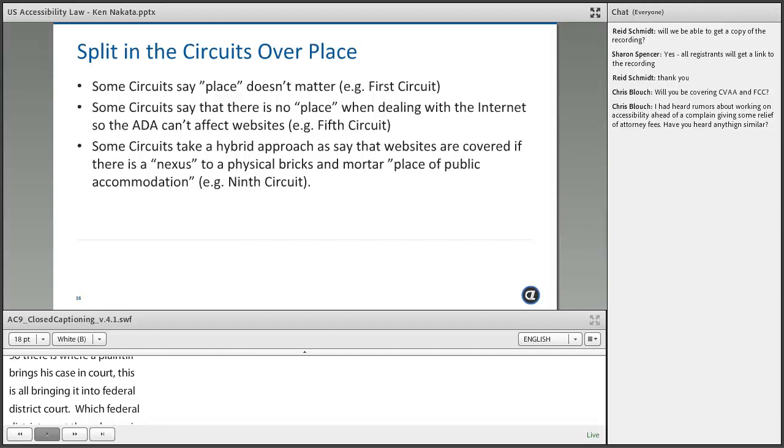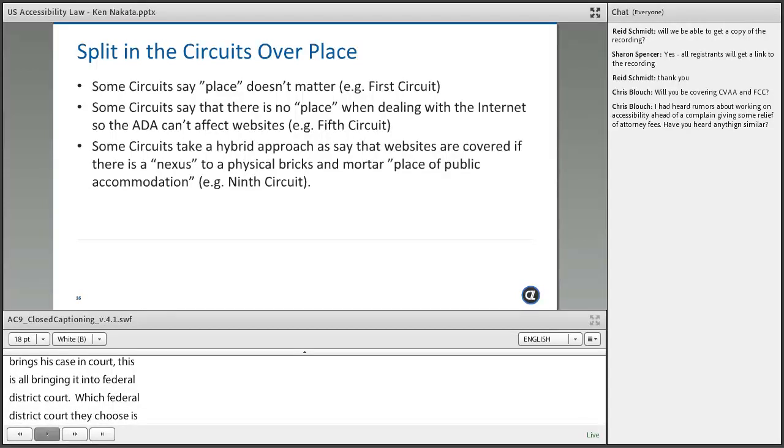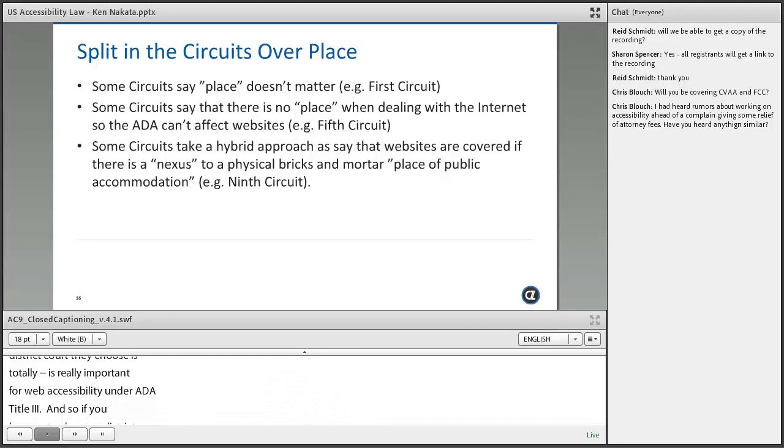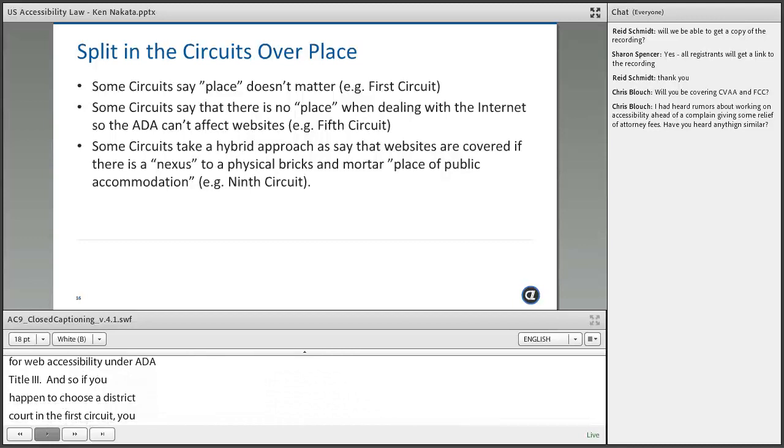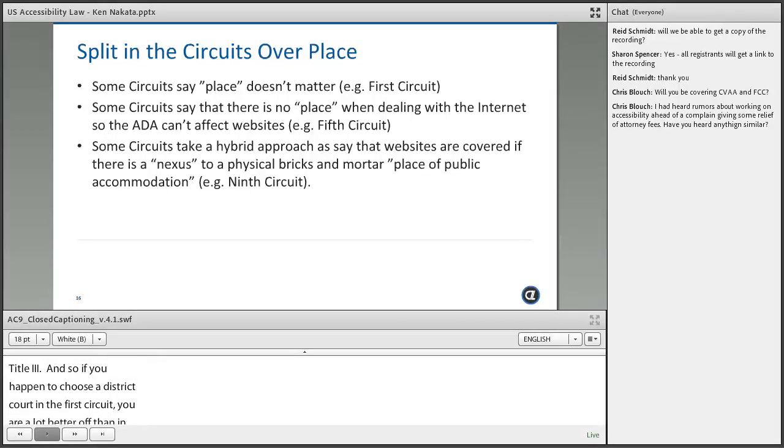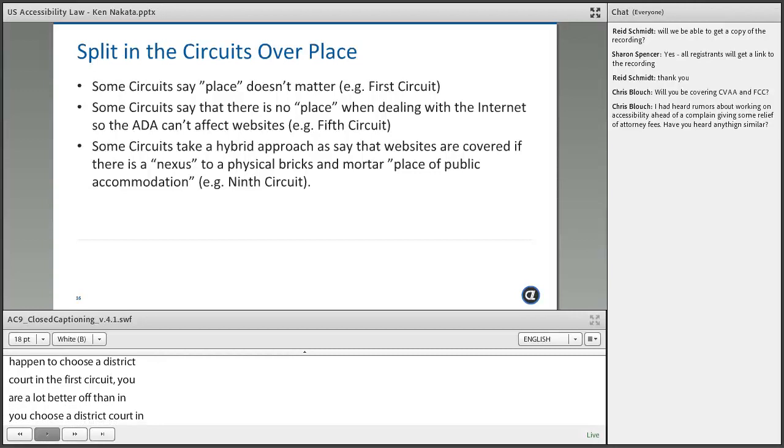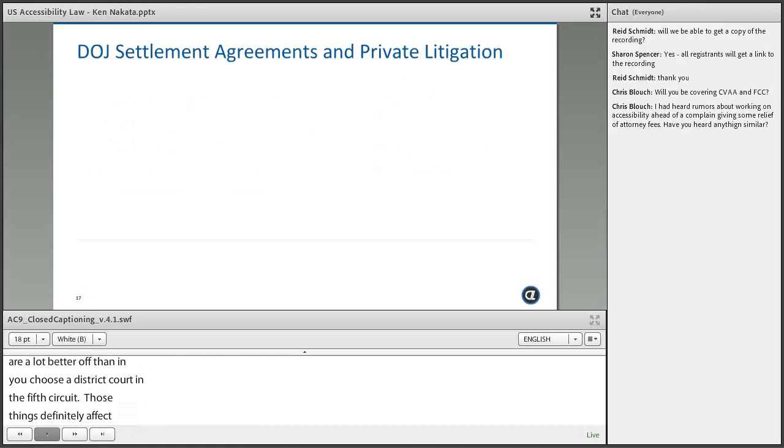is really important for web accessibility under ADA Title III. And so if you happen to choose a district court in the First Circuit, you're a lot better off than if you happen to choose a district court in the Fifth Circuit. So those things definitely affect how web accessibility plays out over the internet. So in terms of what DOJ and private litigants have been settling for,